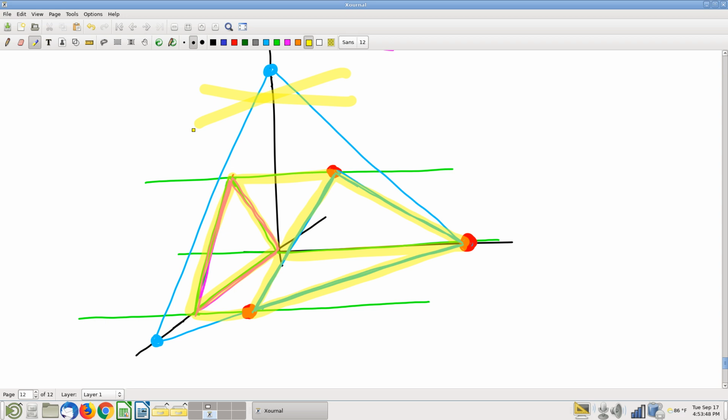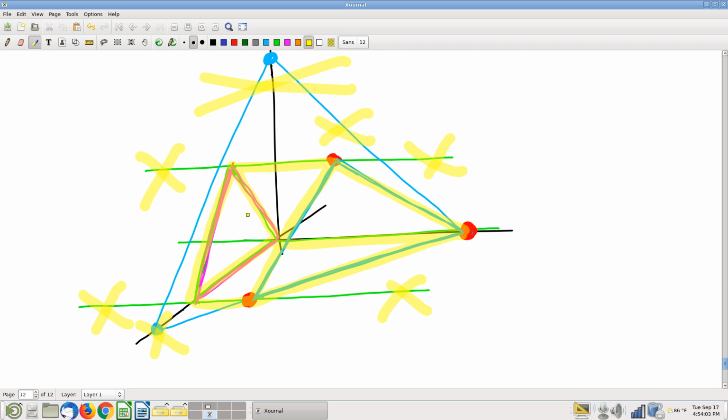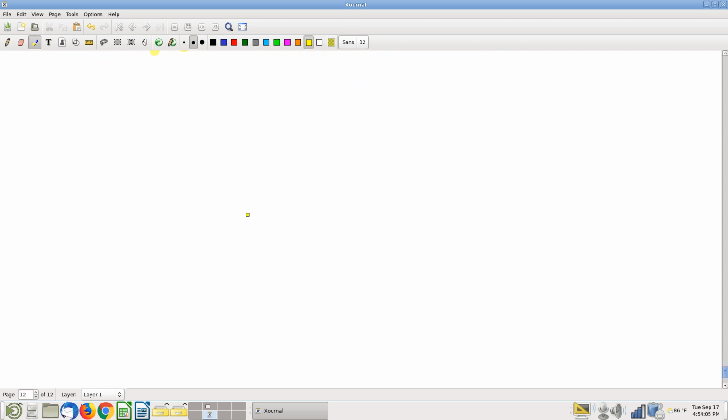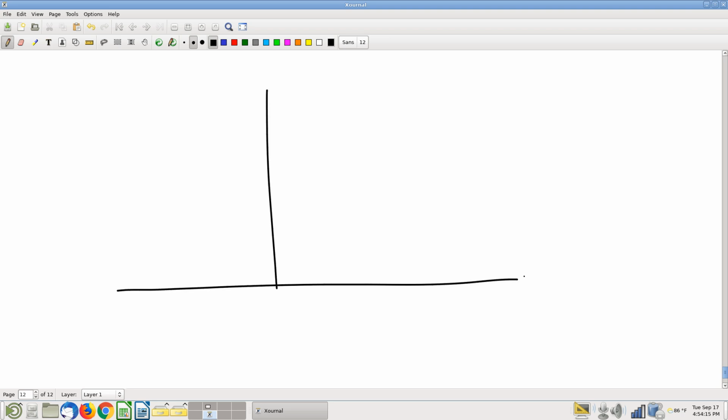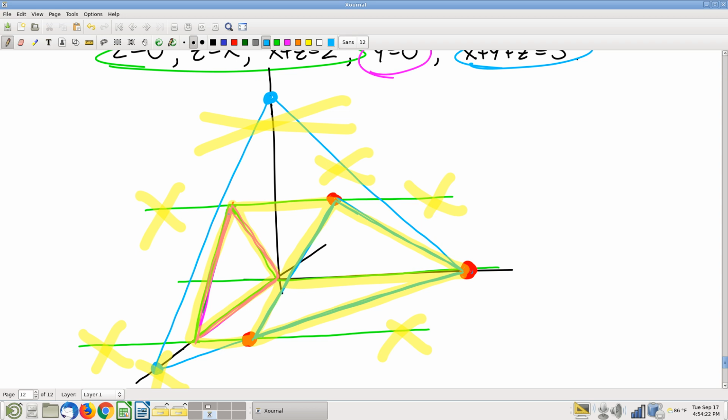The stuff that I've drawn there has served its purpose. I don't need it anymore. Ditto, all of this stuff. I don't need any of that anymore. Not that. Just that yellow thing in the middle. That's our actual solid. So here we go. Axes. And we know that over here on the left side,